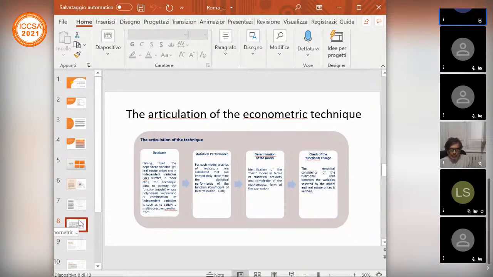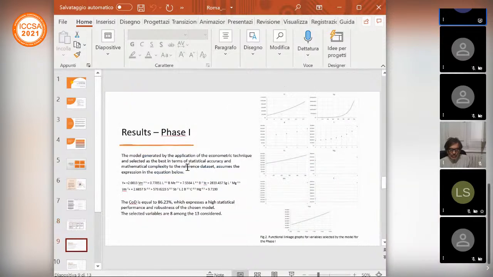And after that, we do this for each phase. We compare the results obtained for each phase. I go faster. For the phase one, we have